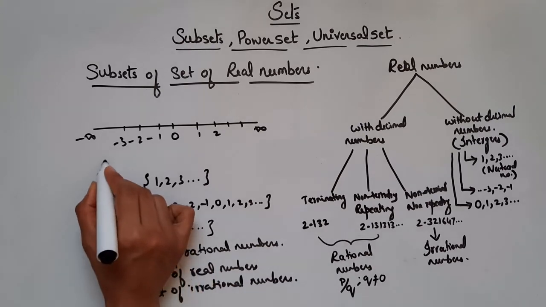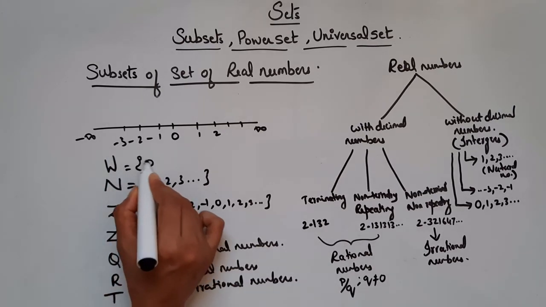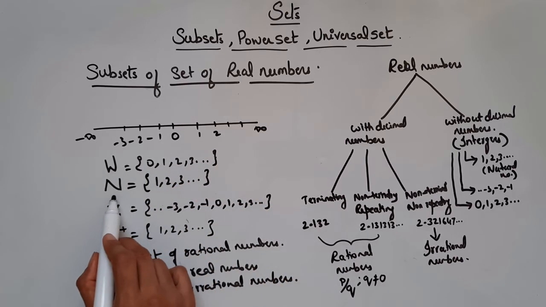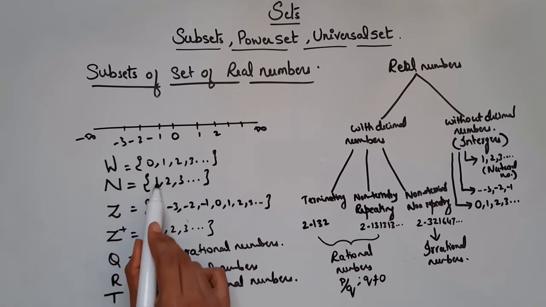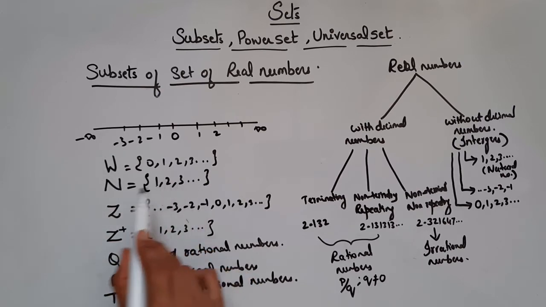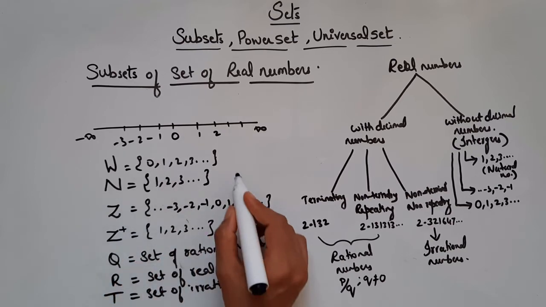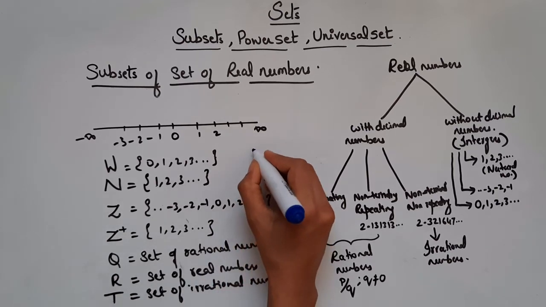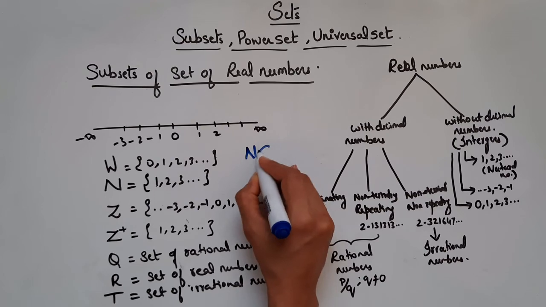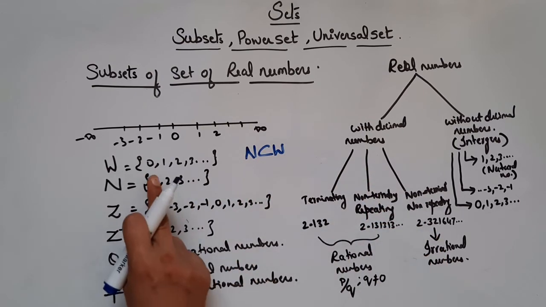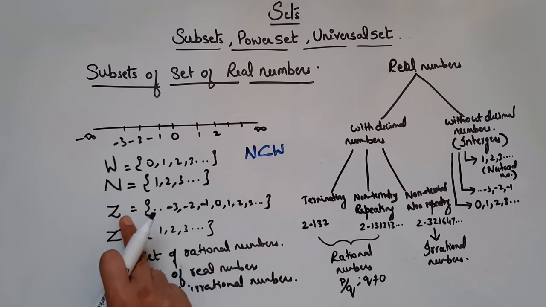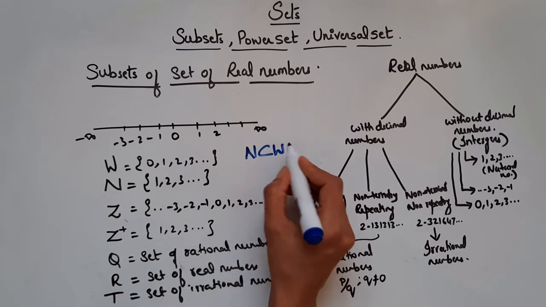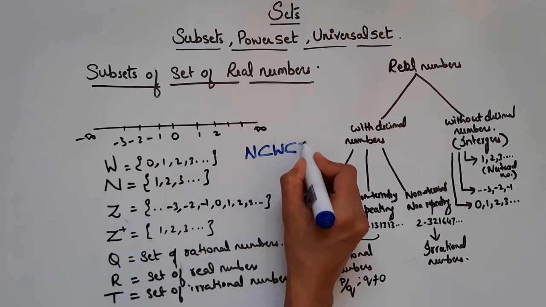And we left whole numbers. A whole number is represented by the letter W, which includes 0, 1, 2, 3 and so on, right? So here, natural numbers are a subset of whole numbers. We have 1, 2, 3, all the elements of N are present in whole numbers. So therefore we can say N is a subset of W, right? Let me write in blue ink. So N is a subset of W. And you can say this W is a subset of Z, because it includes 0, 1, 2, 3. Here also it is there, 1, 2, 3, right? So therefore we can say W is a subset of Z.